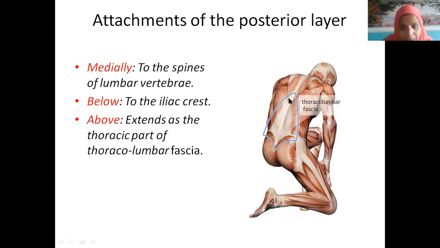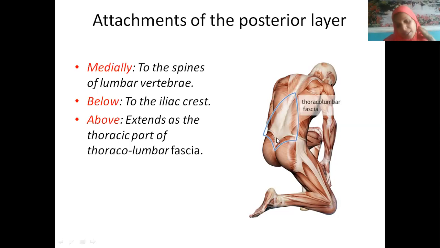That means the same fascia which is extending over trapezius. Okay, you call it as thoracic part of thoracolumbar fascia. Okay, this whitish sheet, whatever is seen in the thorax region, you call it as thoracic part of thoracolumbar fascia. Okay, now you can imagine that this fascia is in 3 planes and it is splitting to enclose 3 muscles. If you cut posterior layer, then you will see the muscle